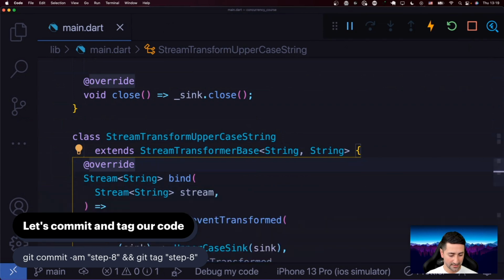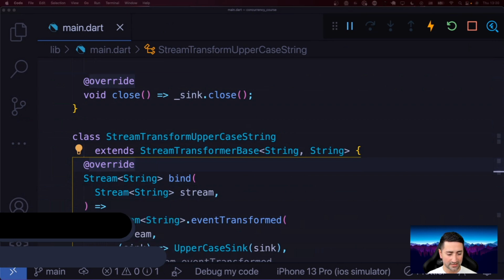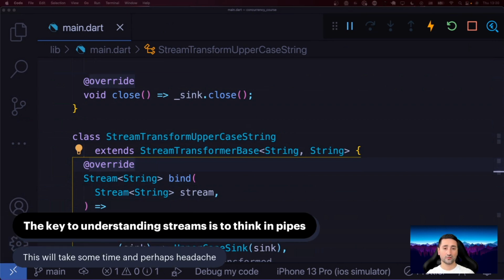So these were really all the examples I wanted to show you in this chapter. So again, let's go over some of the concepts that I demonstrated in this chapter. If you want to think about streams in a way that makes sense, a lot of people I've talked to said that talking about pipes made it easier for them,